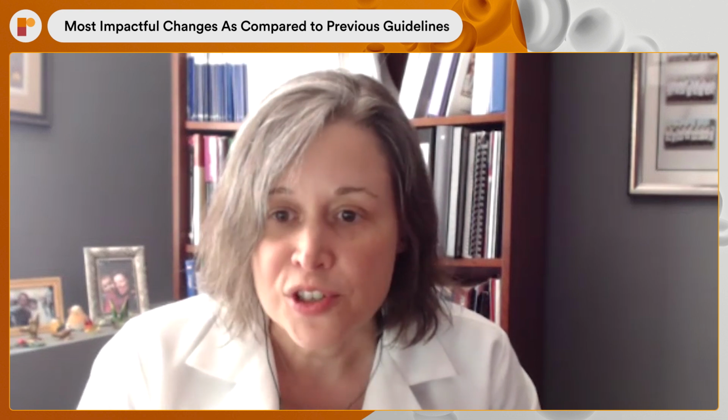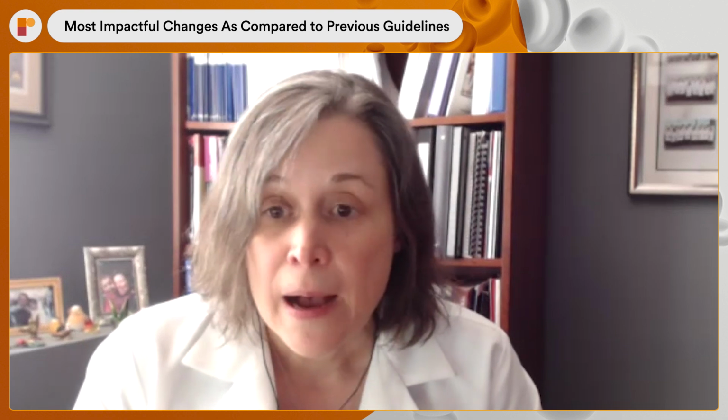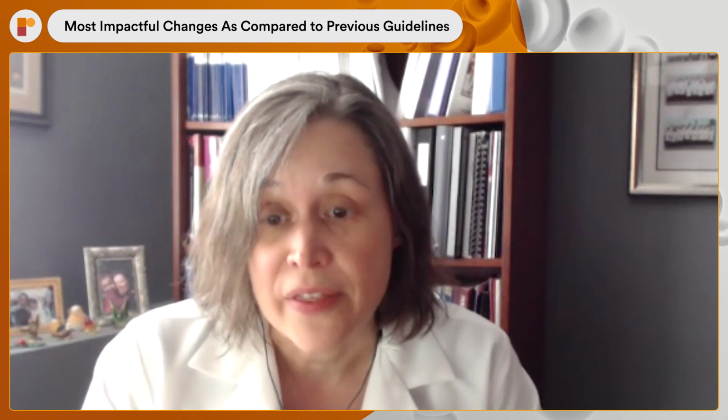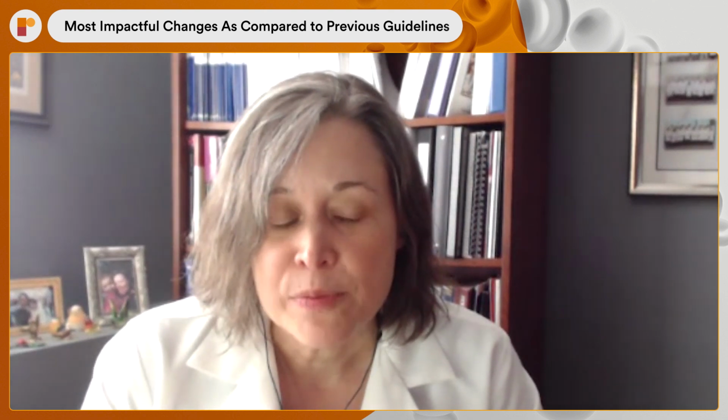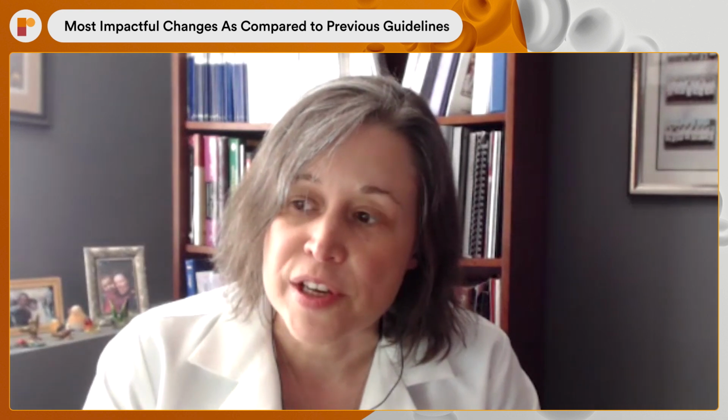We also have an expanded section on recognizing that there are some conditions that synergize with PAD to put the patient at highest risk of cardiovascular or limb event. We call those risk amplifiers, and they include things like diabetes, continued smoking, chronic kidney disease, and even something like depression can actually interact with PAD and be associated with worse outcomes. So a nice section on that. We also have a section on management of PAD in the elderly patient and geriatric syndromes and how they may play a role in determining a care plan, including whether revascularization is appropriate.